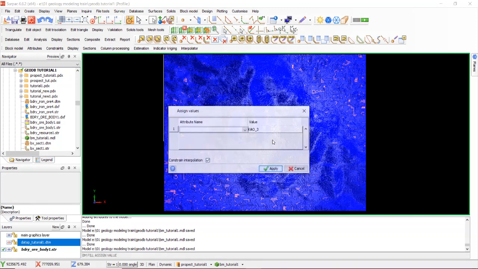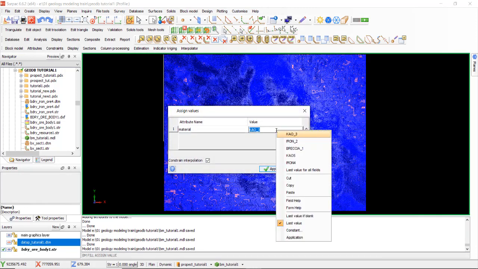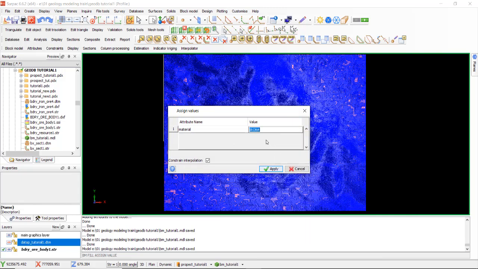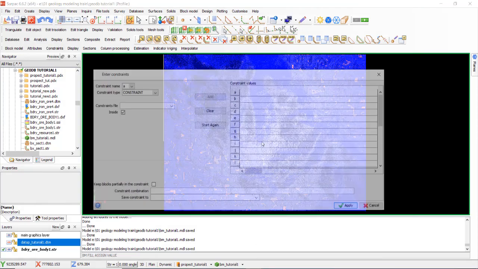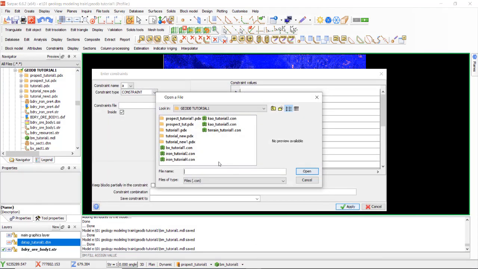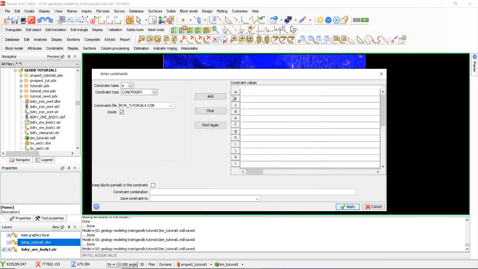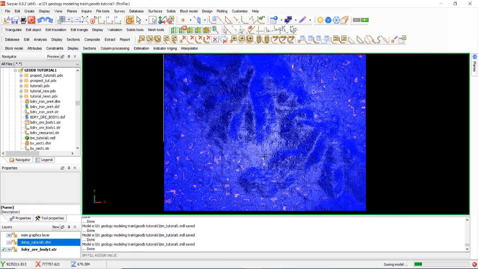Next, assign value for material, select iron 4. Iron 4, apply, yes.